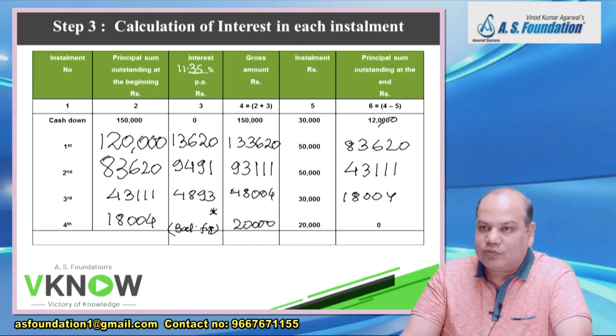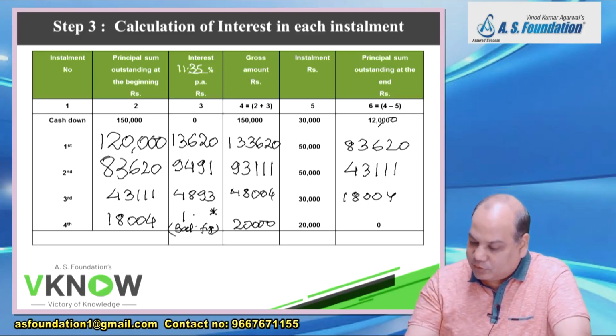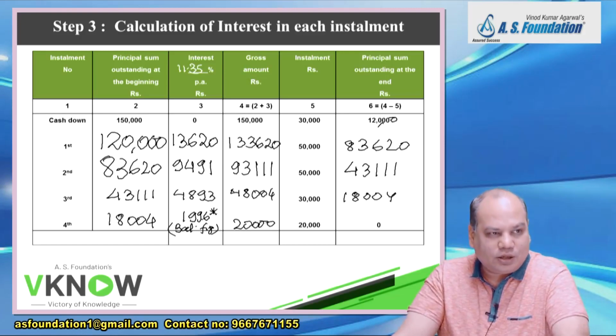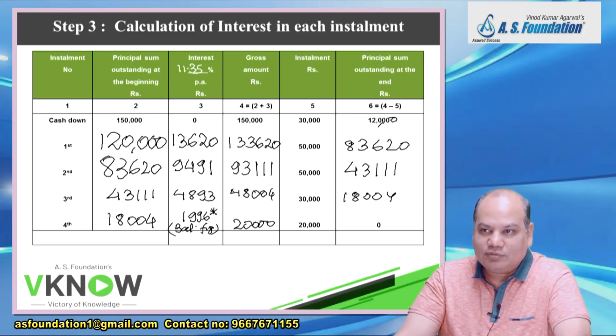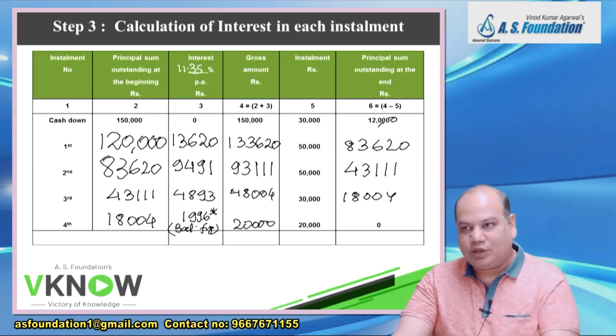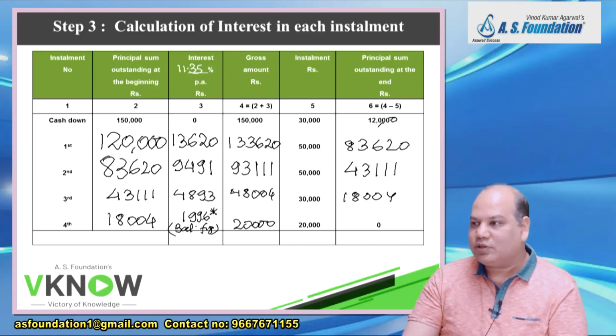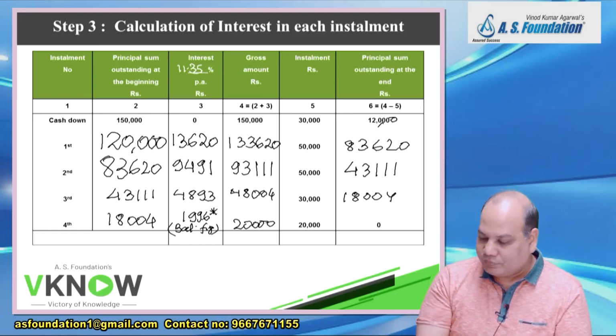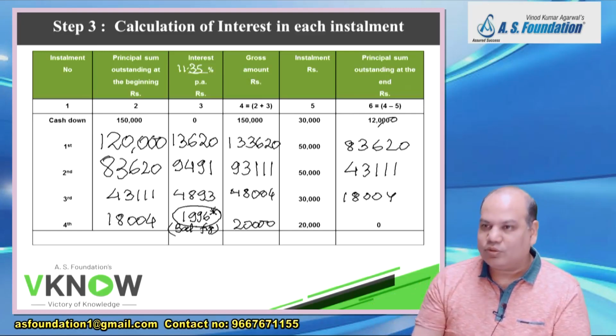20,000 minus 18,004, 1996. Some difference will be there in the last installment because of several rounding off done in discounting factor, plus that formula of internal rate of return is also having one small defect. It is having a small defect, and because of that small defect, the difference comes in our answer. What is that small defect? That I will tell you in FM. Okay, not now, because it will require more discussion. For the timing, my job was to tell you how to get IRR.